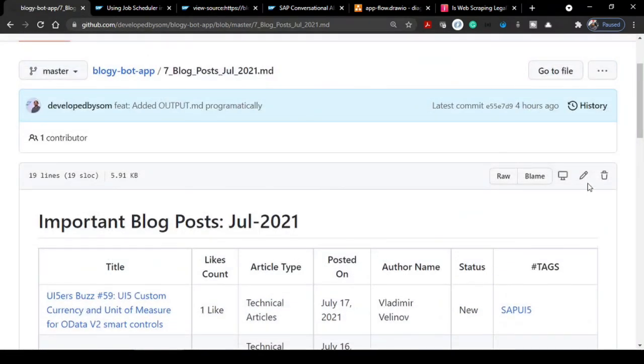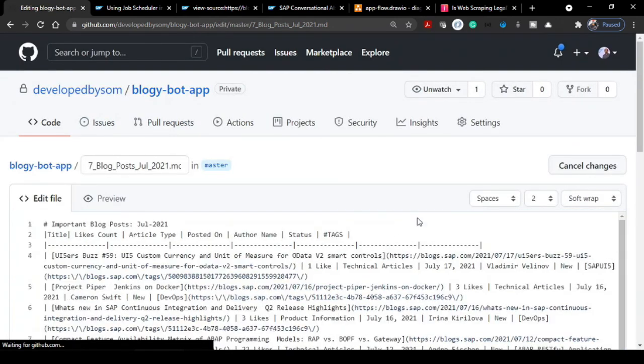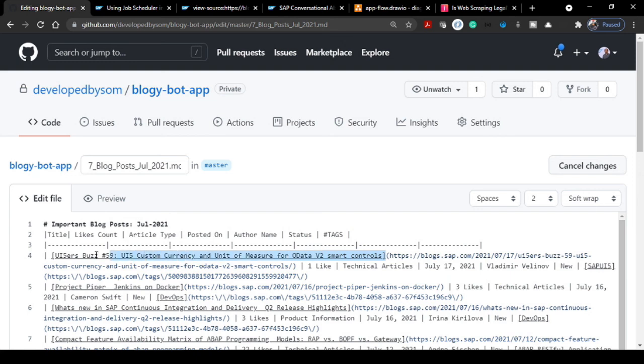Let's edit it, and you'll see we have to create, within a parenthesis, the square bracket followed by this parenthesis which will contain the URL, then a pipe character, then the like values, then type of article, and so on. Okay, and the last one should be the same way, the tags followed by the URL.